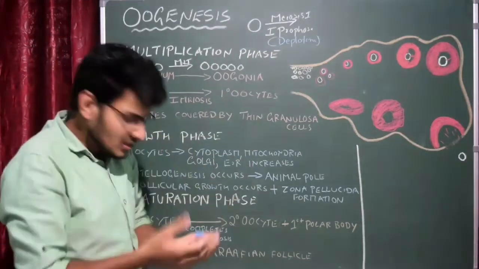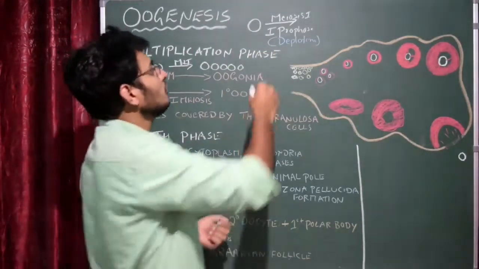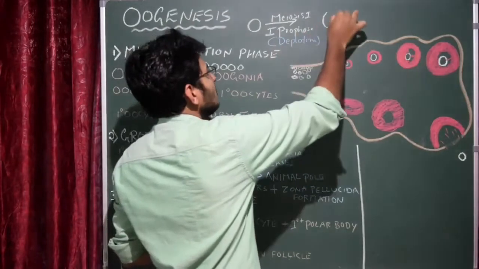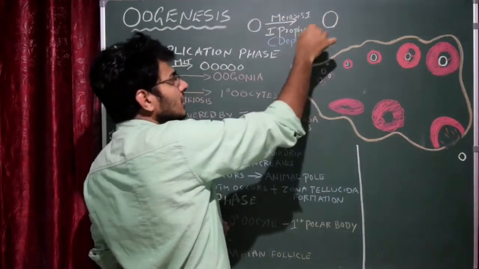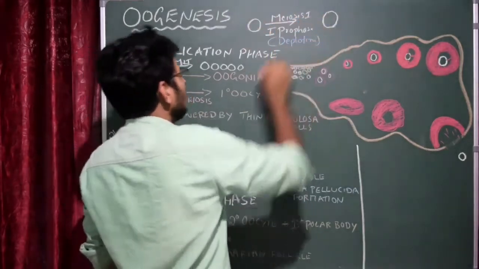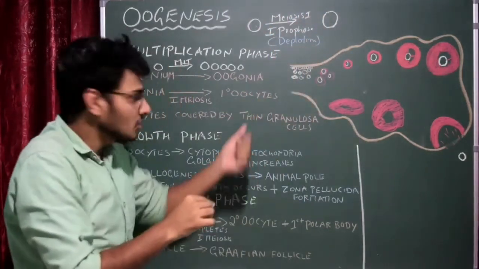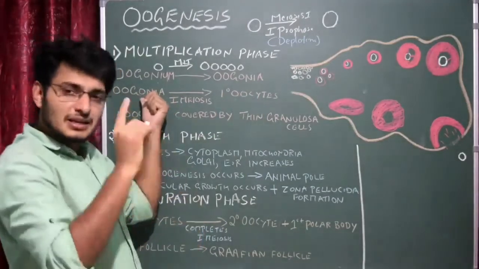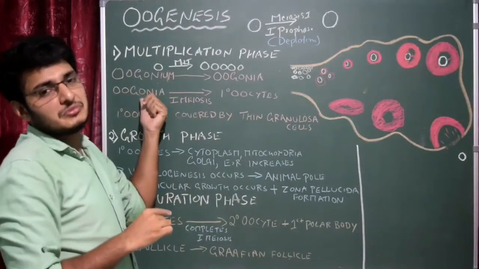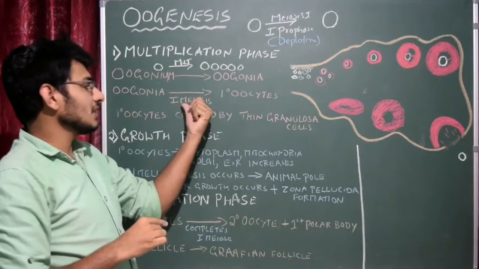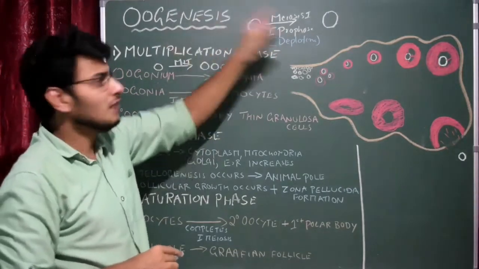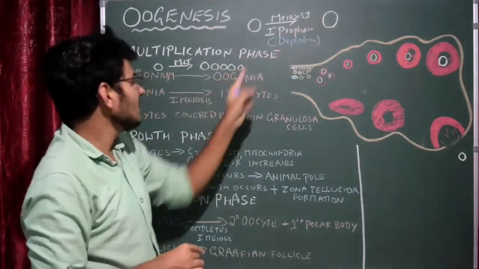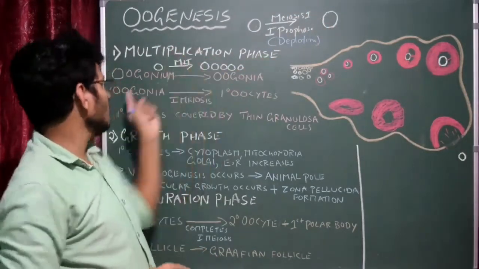So this arrested stage of the cell should be called, okay, so this is actually the same oogonium cell which gets arrested in diplotene stage, and this should be called the primary oocyte. Got it now? The primary oocytes are produced from a single oogonium cell, because when it gets arrested in first meiosis, that is particularly first prophase of diplotene, then we call that same cell the primary oocyte. So I have written it here.